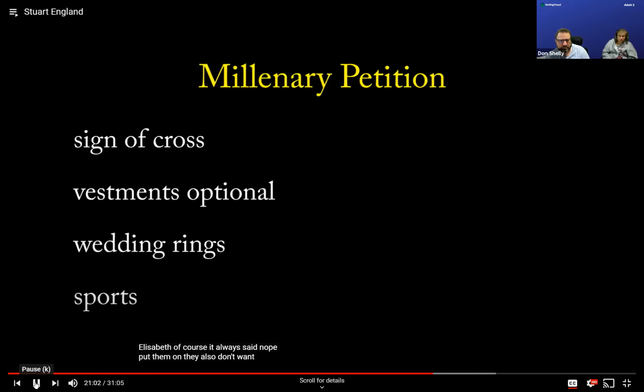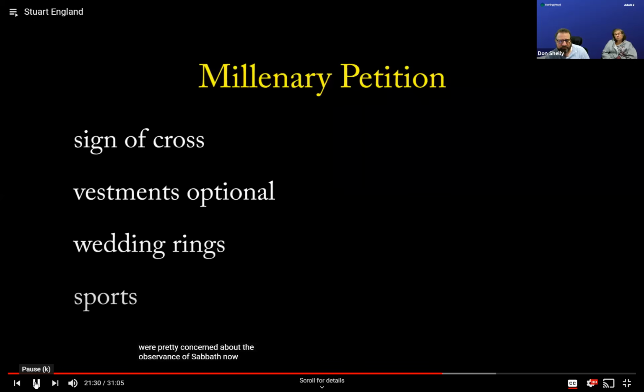They also don't want wedding rings. This is a bit of a strange one, but they found that the use of a wedding ring for marriage was, at least they allege, superstitious. Why do I need a band around my finger of some precious metal that tells me that my marriage is somehow signed and sealed by God? That's superstition, they said.